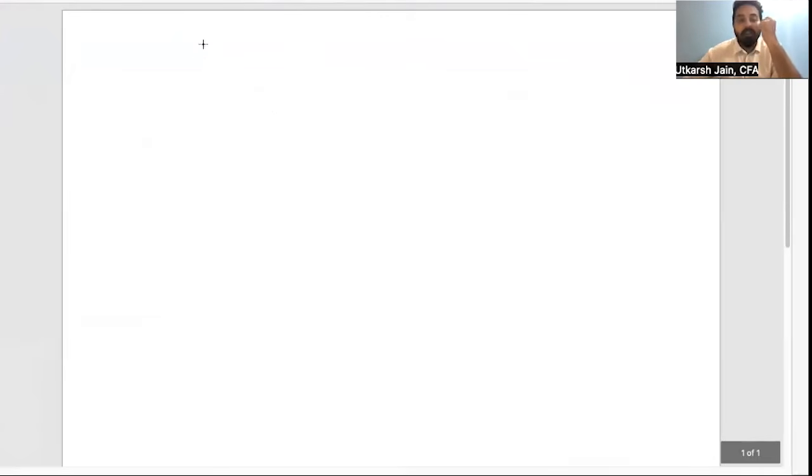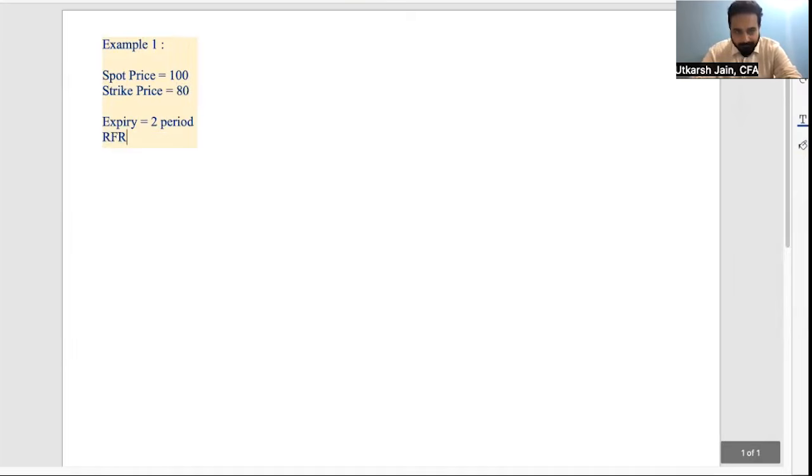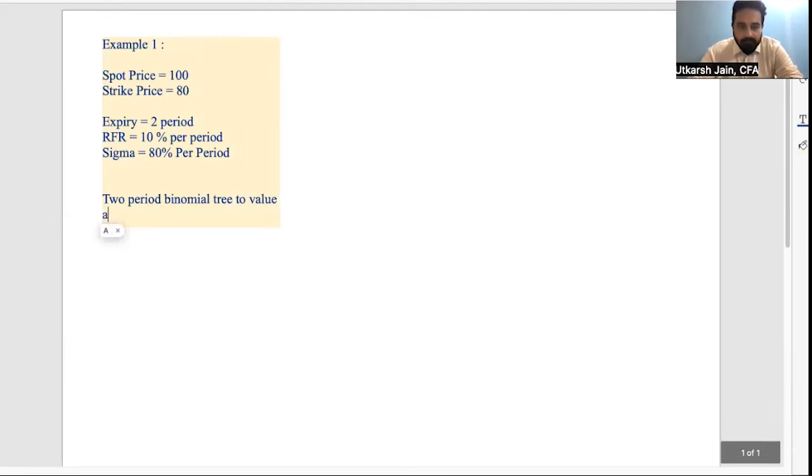So we are on the binomial model, and today we have to do some life-changing stuff. Here's your example one for the day. Spot price is 100. Strike price is, let's keep the strike price at 80. Expiry is 2 periods. RFR is 10% per period. Sigma is 80% per period. Build a 2-period binomial tree to value